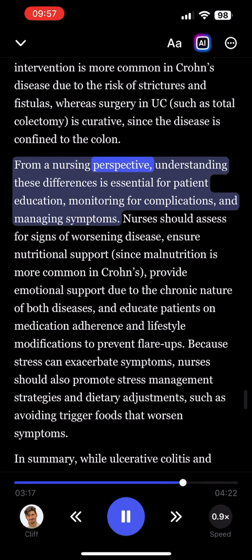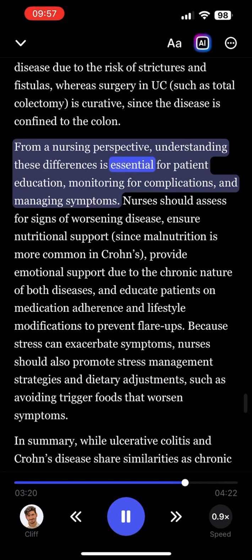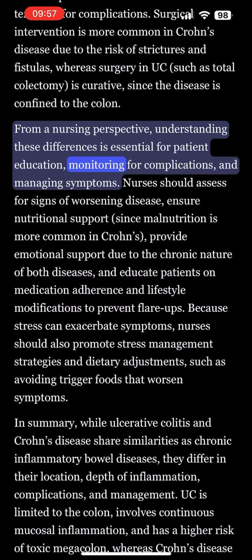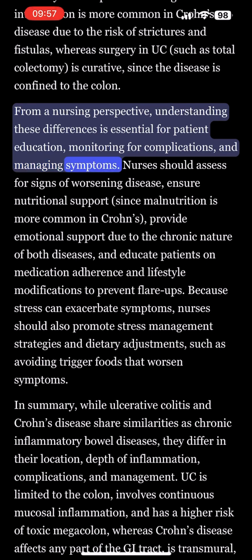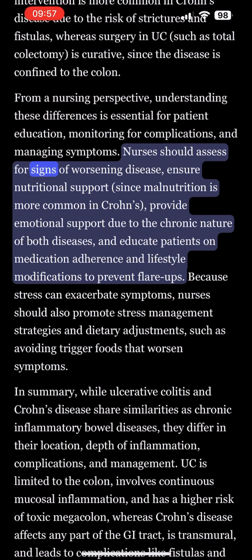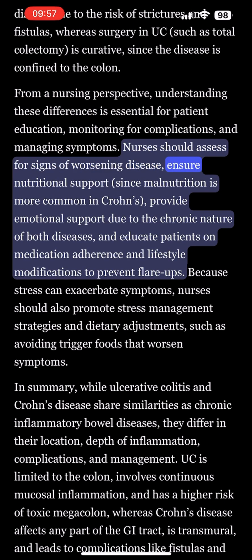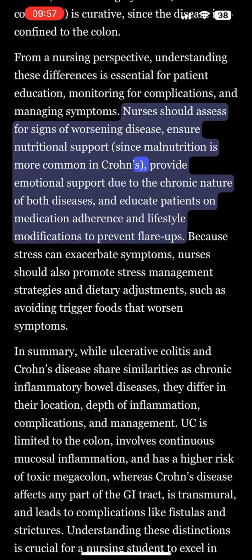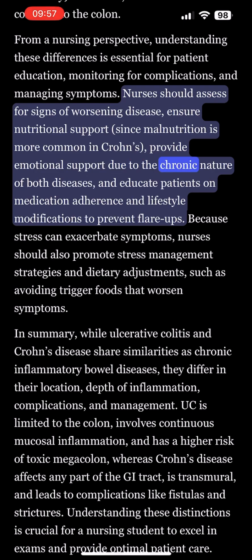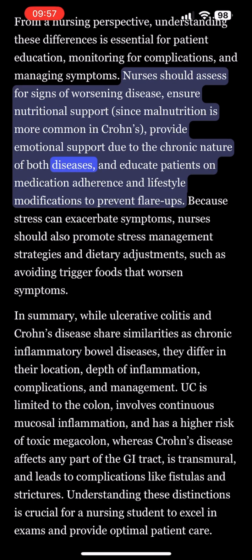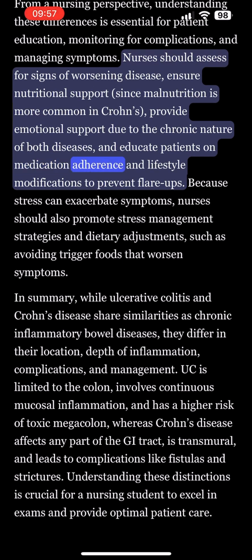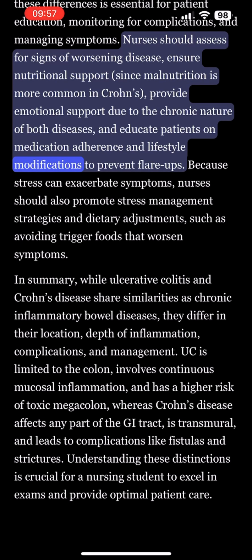From a nursing perspective, understanding these differences is essential for patient education, monitoring for complications, and managing symptoms. Nurses should assess for signs of worsening disease, ensure nutritional support, since malnutrition is more common in Crohn's, provide emotional support due to the chronic nature of both diseases, and educate patients on medication adherence and lifestyle modifications to prevent